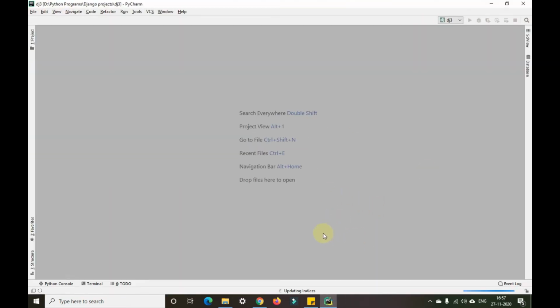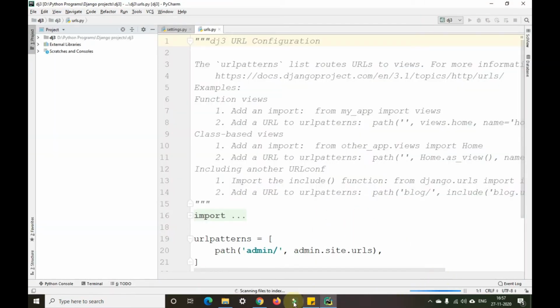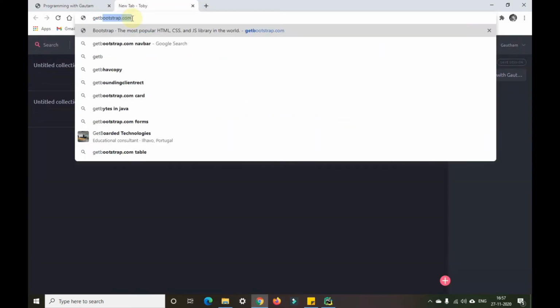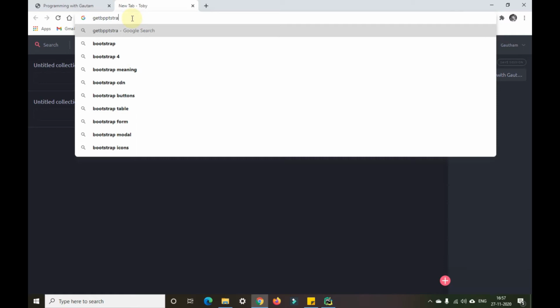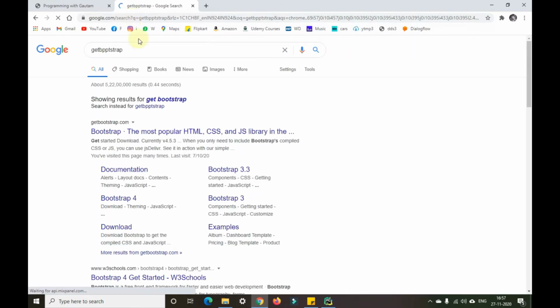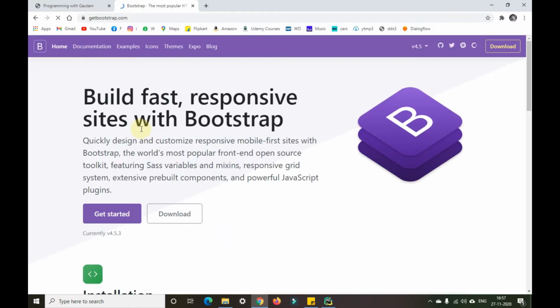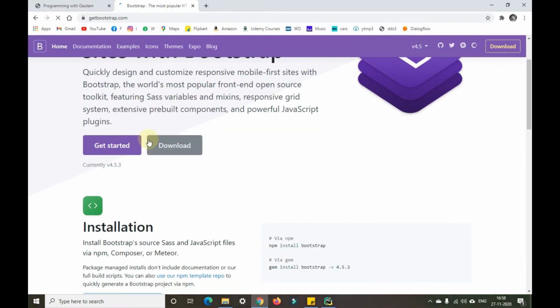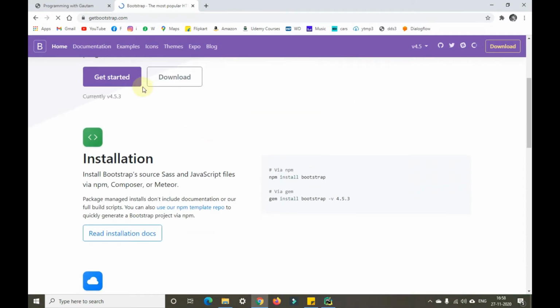While this project is being created, I'll show you what Bootstrap is. So this is Bootstrap. We need not download anything here or do anything here.